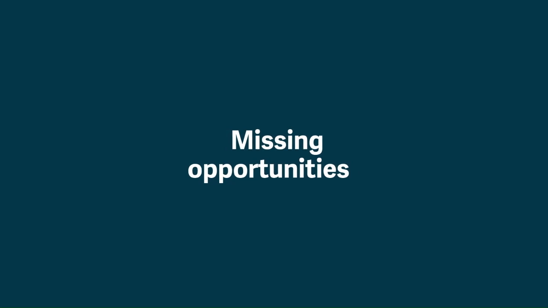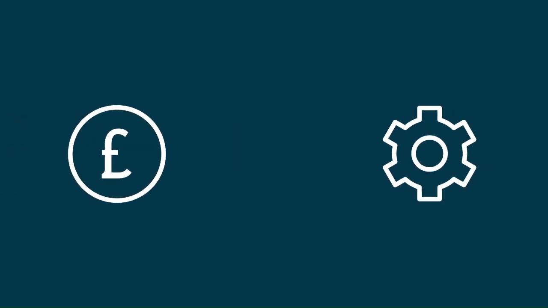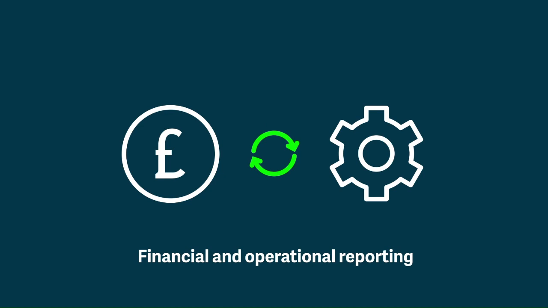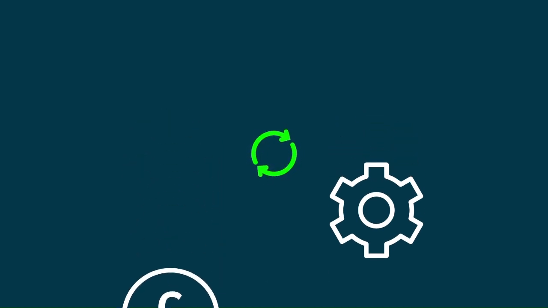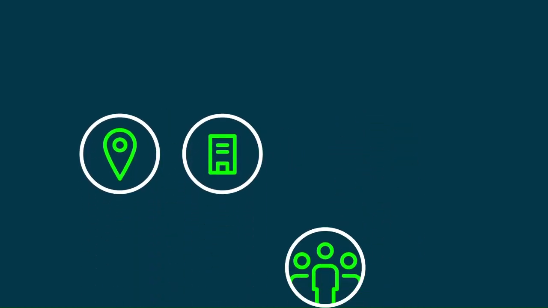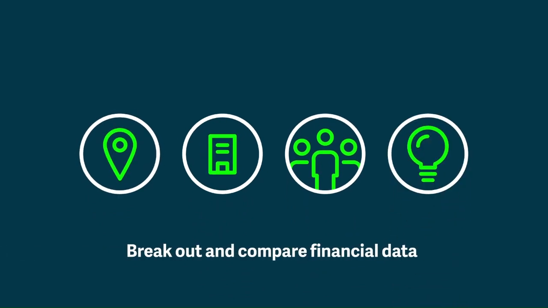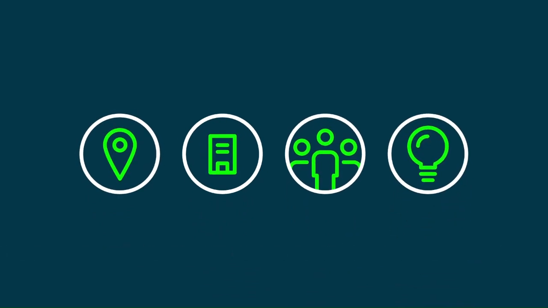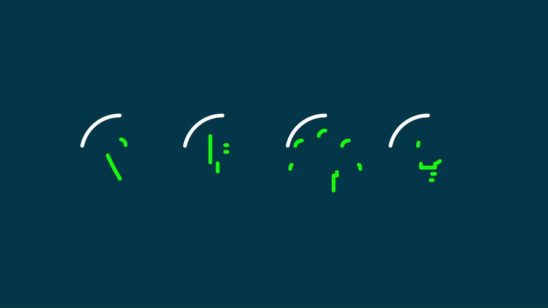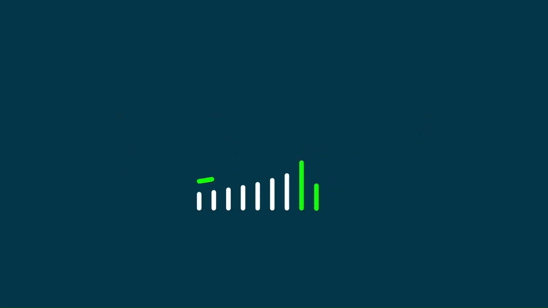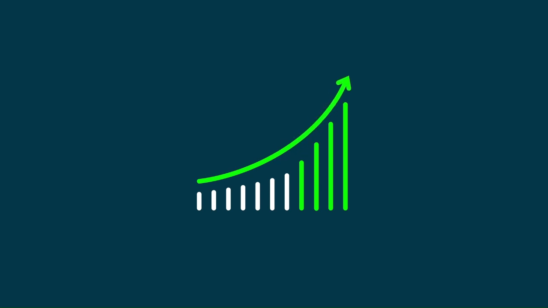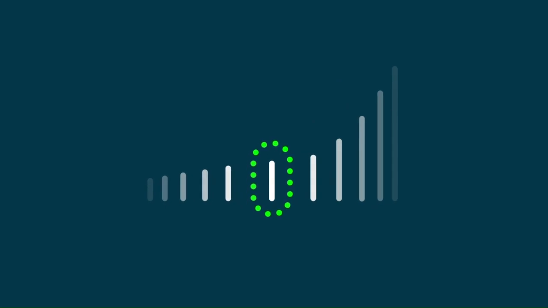Many opportunities present themselves in a brief window. Sage 50 might not always offer up the information you need to take advantage of those opportunities. Responding to an opportunity often requires a combination of financial and operational reporting. Robust analysis requires breaking out and comparing your financial data by locations, departments, customers, and suppliers. Whatever dimensions drive your success, you need to be able to see trends over time and forecast along those trends. In short, you require a level of transactional tracking and reporting insight that will allow you to dive into your